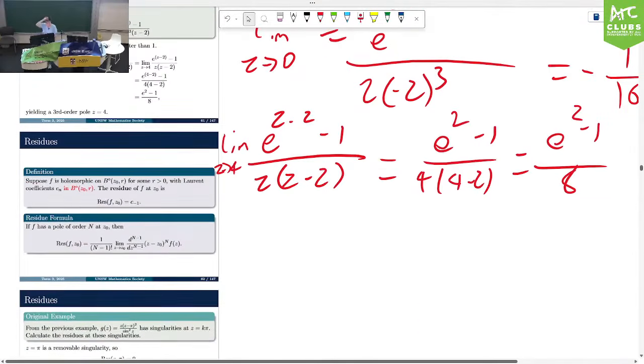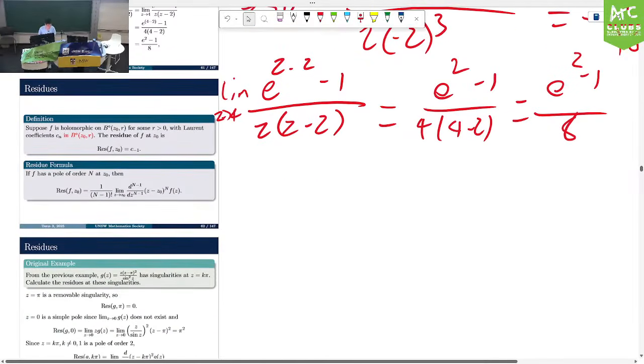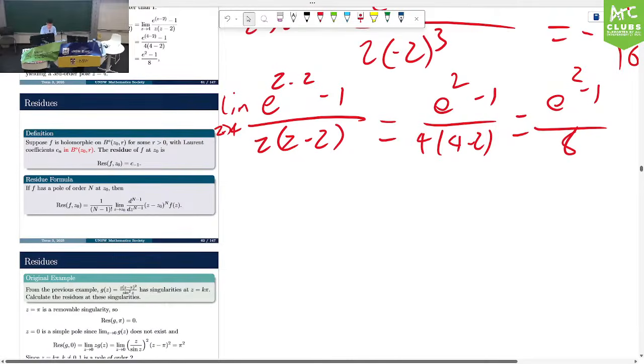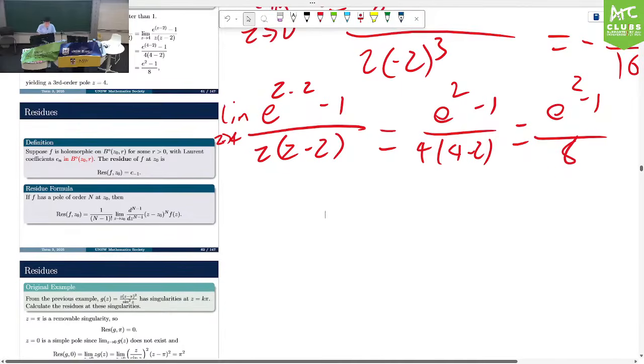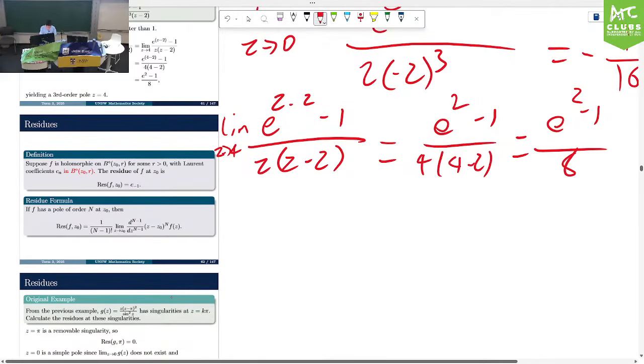Alright, easy. Okay, so next, the coolest part of this course, which is the residues, or at least the complex analysis part of this course. So suppose f is holomorphic on, they basically just make sure nothing goes wrong. And you have a bunch of Laurent series. So the c_n just represents the coefficients of your Laurent series. So one way to define the residue is it's just the coefficient of the power of minus 1. So if I'm just gonna make it up,